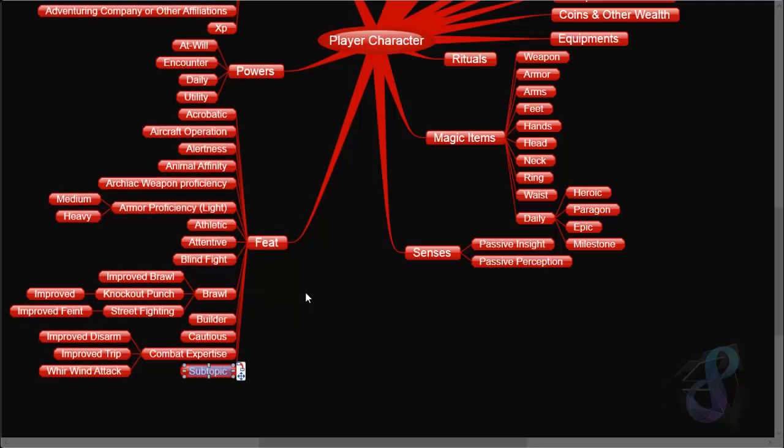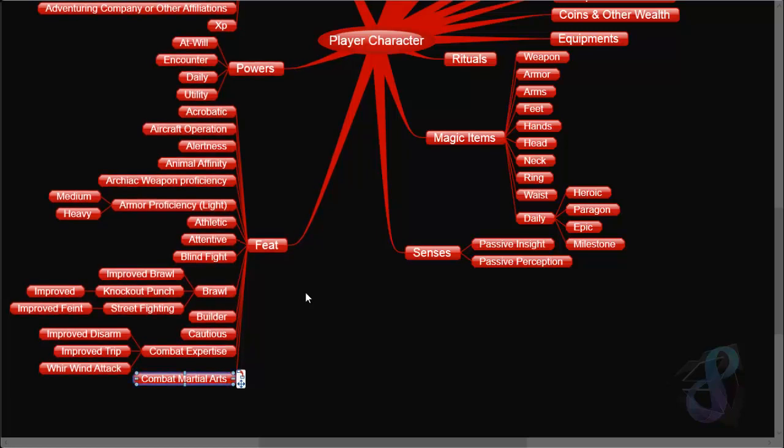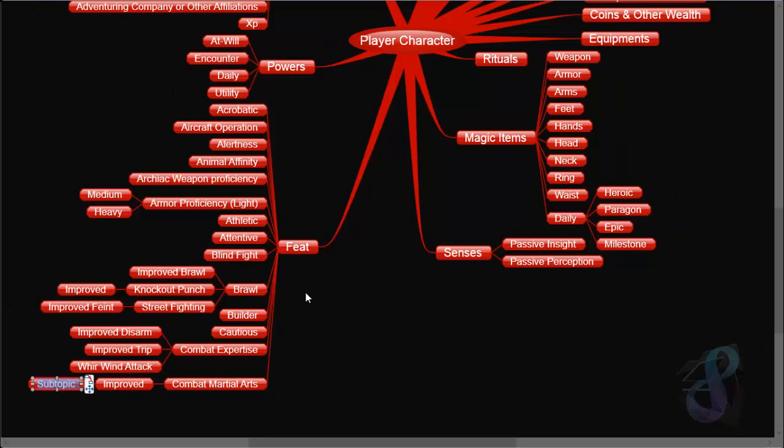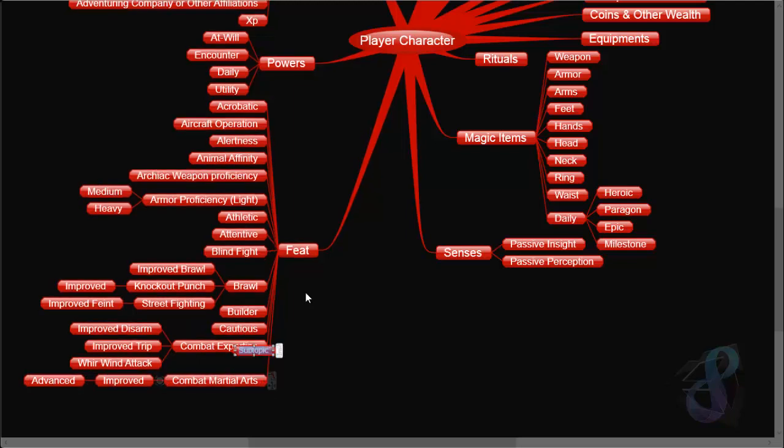Then we have combat martial arts, and it has two subtypes, improved, and from improved we have advanced. Combat reflexes,